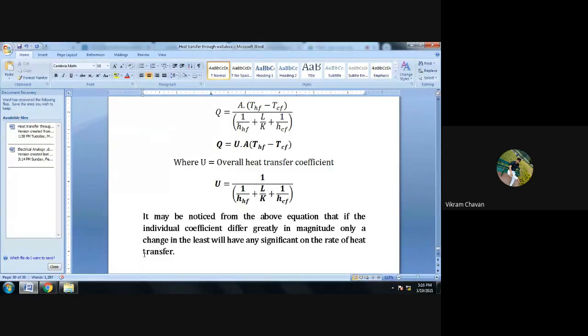So next, write down the note. It may be noticed from the above equation that if the individual coefficients differ greatly in magnitude,